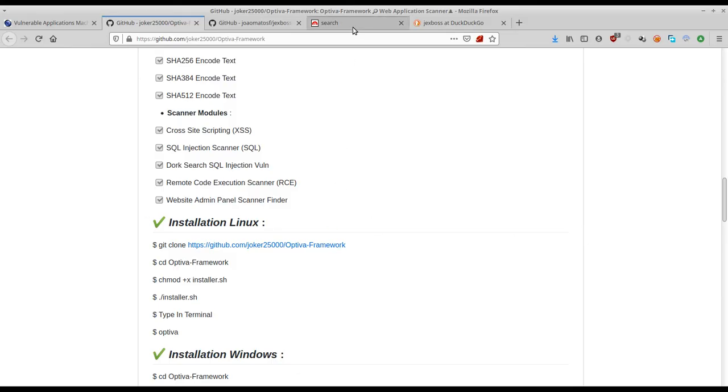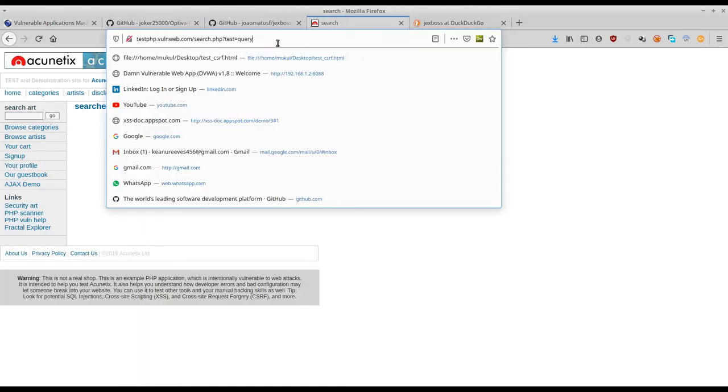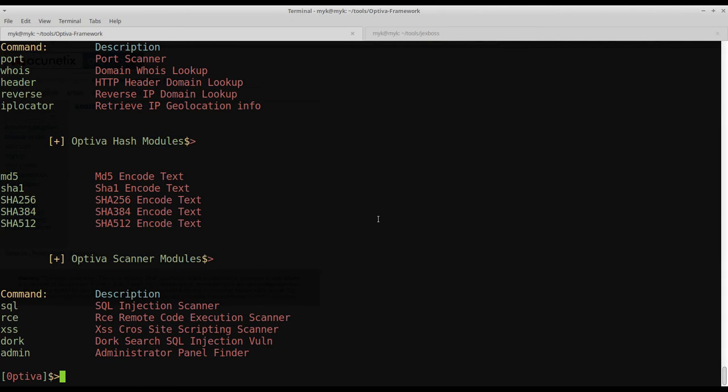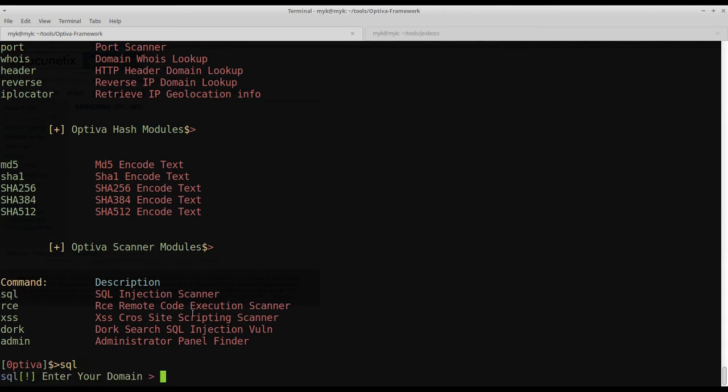We have already opened up this test PHP website. So on the module I would just write SQL, and it will ask me what is the domain on which I want to test for SQL. So this is the URL for test PHP. I'm just writing one because that is kind of numeric and easy for all of the scanners to find the vulnerabilities here. Pressing enter,